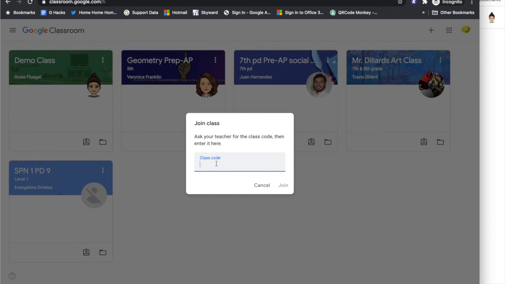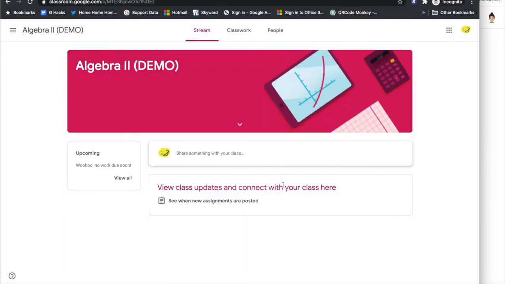or a class code. So I've copied that class code that we created a few minutes ago. And I'm going to ask to join, and it will make the connection to that classroom. So now I have enrolled in my Algebra 2 as a student, and I will begin to see updates, and